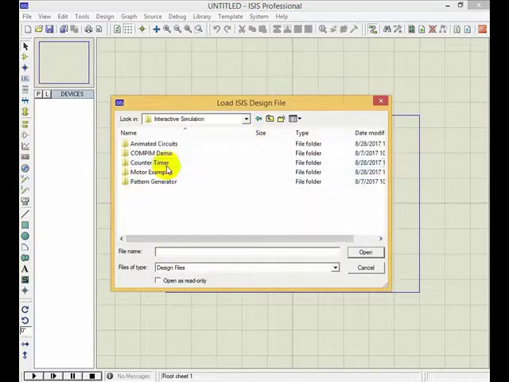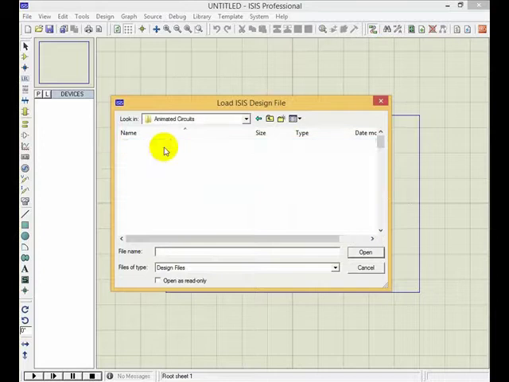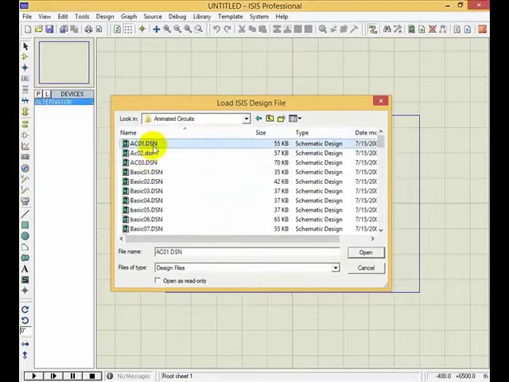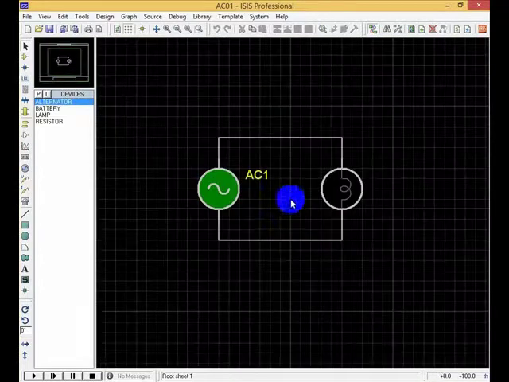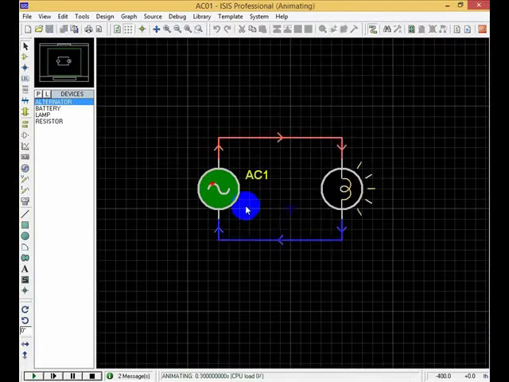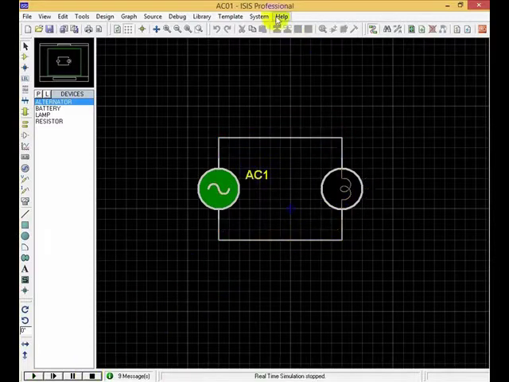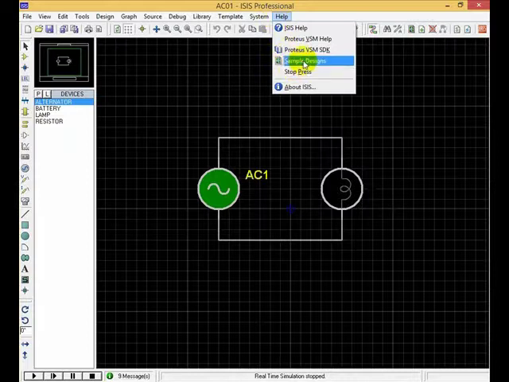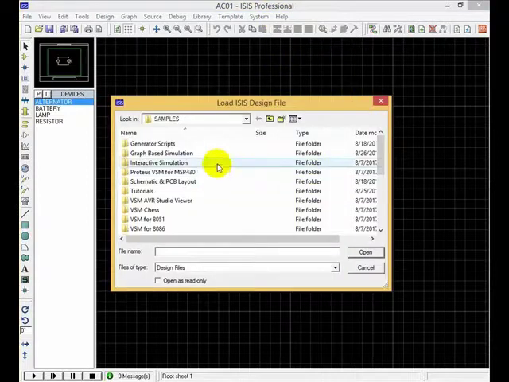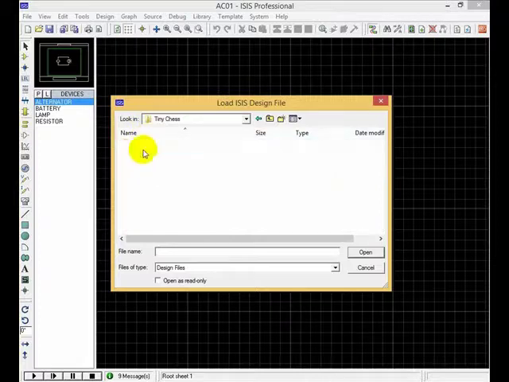Let's go with interactive, very simple circuits. Let's take this, for example, the first circuit. Here it gives you a very basic circuit, which is a lamp and a voltage source, AC current, and this is the simulation. It's very great for educational purposes, and it's a powerful tool. It can go to very complicated examples like this one,